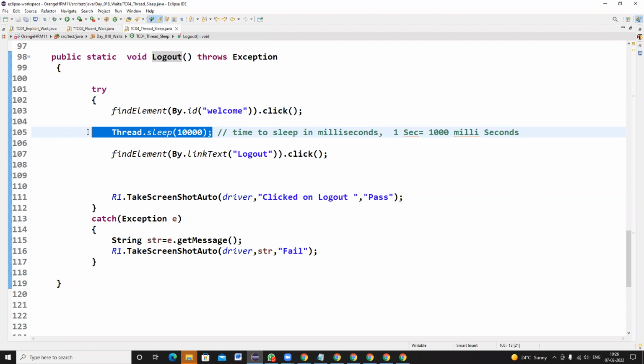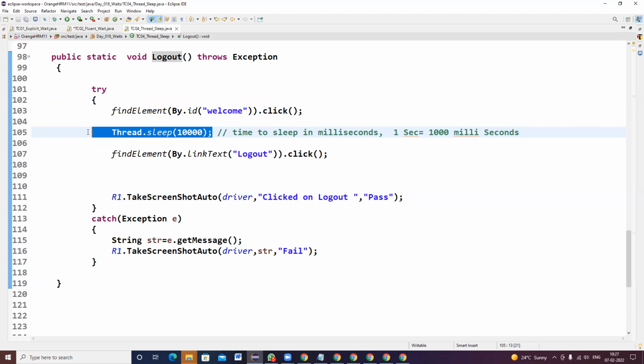Implicit wait is better because the driver is automatically handling it. But here, with thread.sleep at 10 places, even if the web element is displayed after 2 seconds, you are still forcefully waiting 8 more seconds.